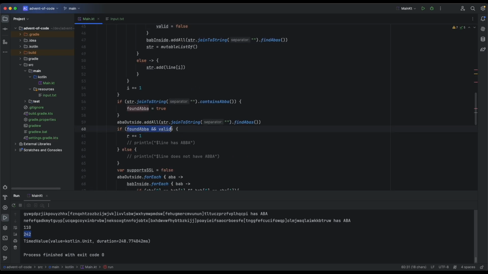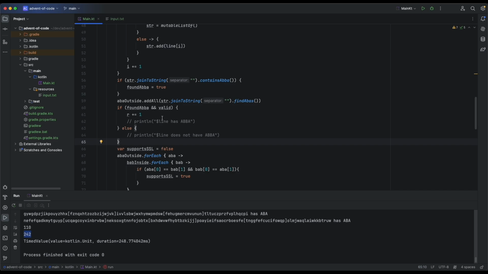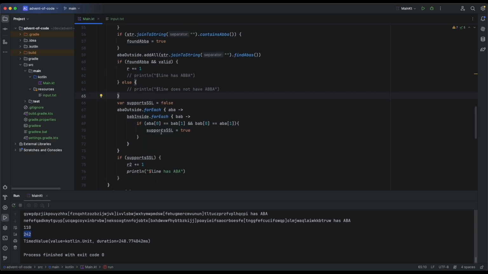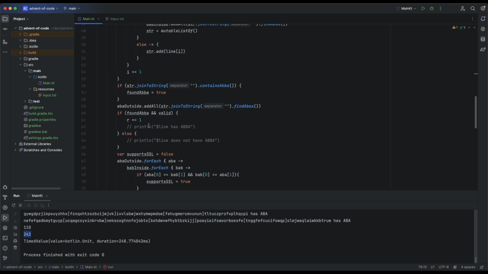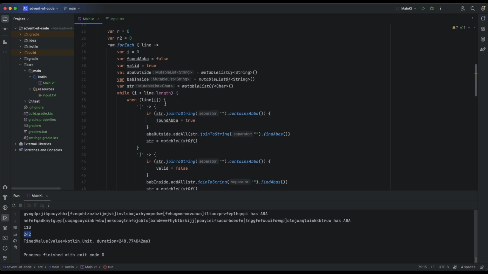So if we have both true, then we can count it, otherwise it's not. Either we didn't find an ABBA or it's not valid. And that's it for part 1. Then we just print the count of lines that go through this condition. And then part 2,